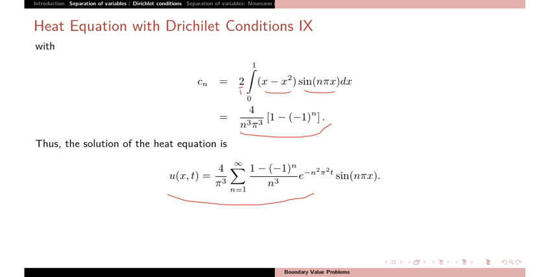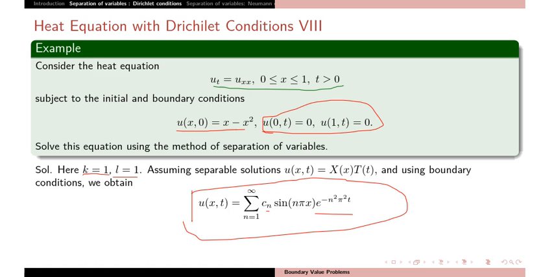Just fit the coefficient. This is the value of the coefficient, this and 4 by pi. This is the coefficient, with the exponential and sine n pi x. So you can use the formula directly in questions, but don't forget the conditions. If you have a solution that is 0 at the boundary, then you can use that formula directly. So this is valid for Dirichlet conditions.